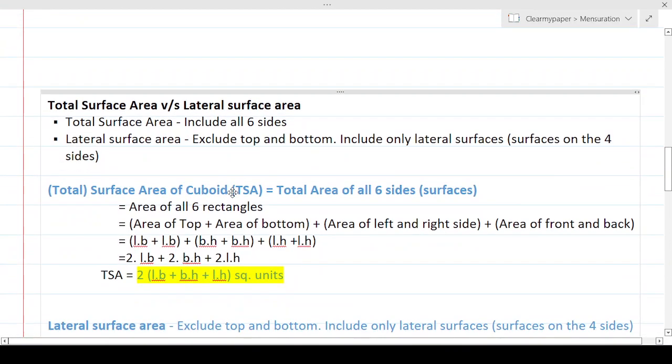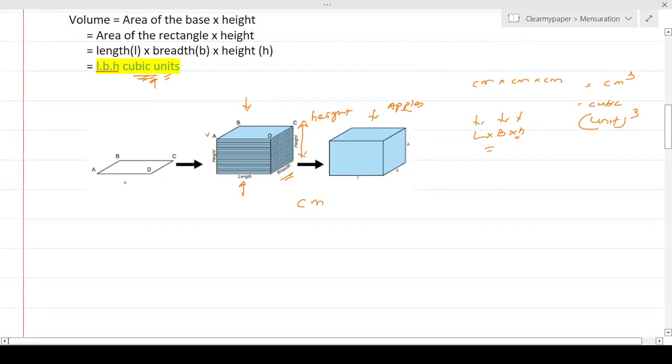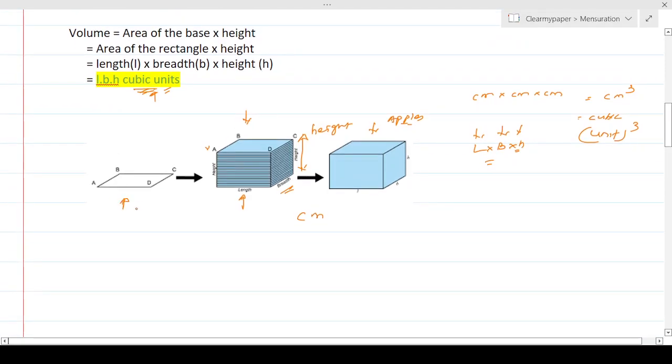Now, for all the 3D objects and even 2D objects, there's a concept called surface area, which is pretty much area since it's a rectangle over here. If you see a rectangle, in the 2D world, because there are no 3 dimensions, you have just the length and the breadth, right? And the area is given by length into breadth in the 2D world. Okay. But in the 3D world, where we have this height also,